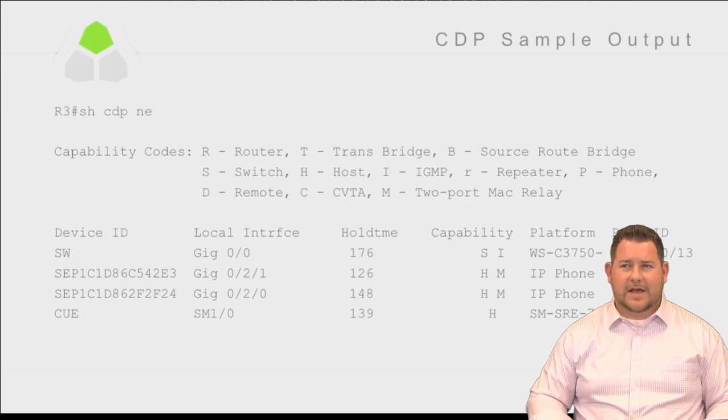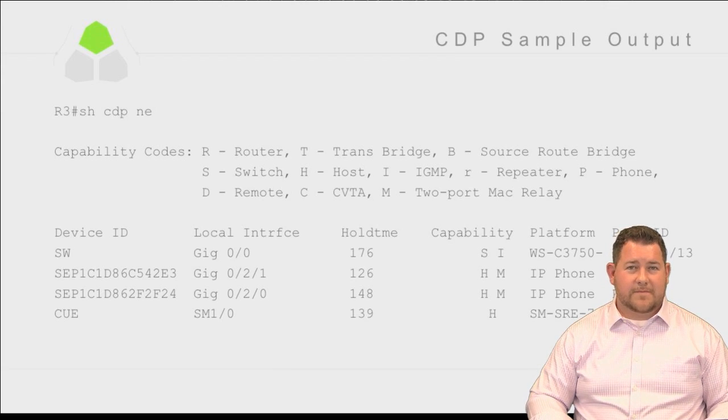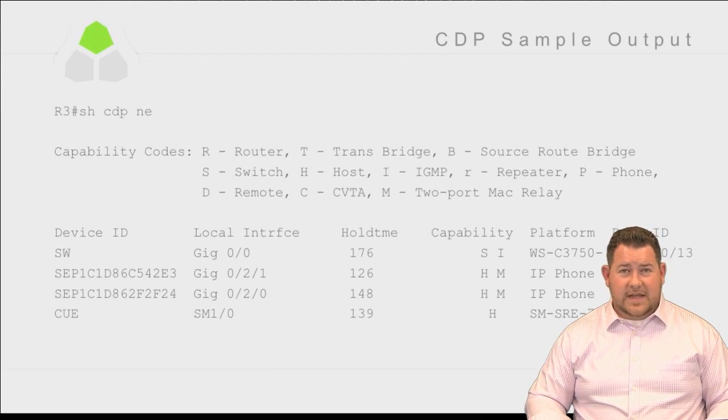This is such an underrated command too, because you really may not think of, all right, where's this phone connected to? I guess I got to trace the cable out or something. No, you can just use CDP and see where that phone's actually connected. Very easy to do. Now, the other part of this command that's very useful, because we don't really know what type of phone this is in the first place. We know that it is a phone because it begins with SEP, but we don't know what type